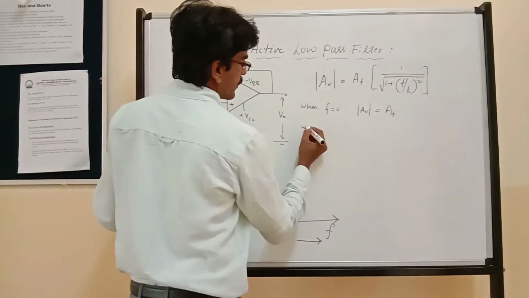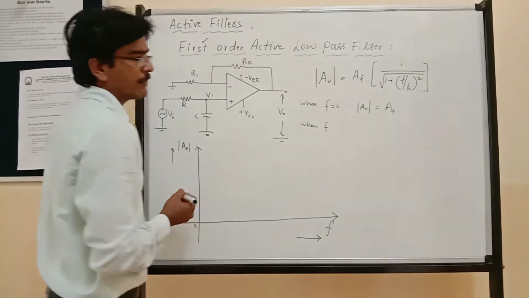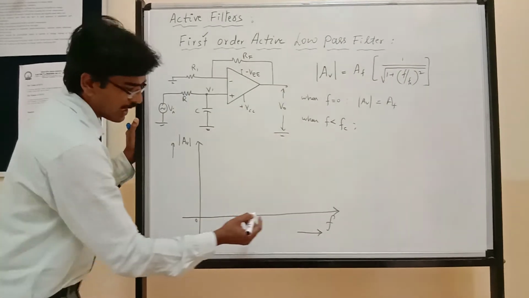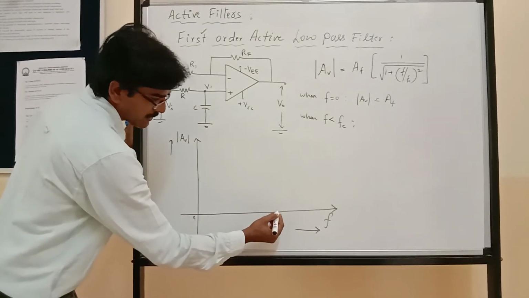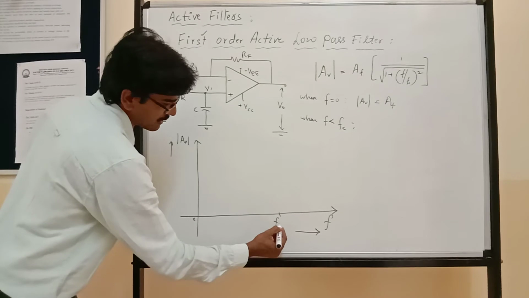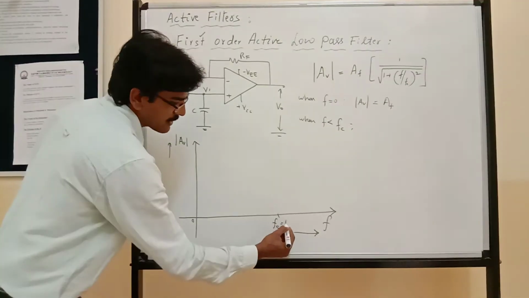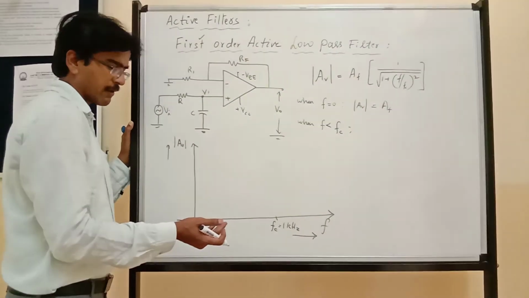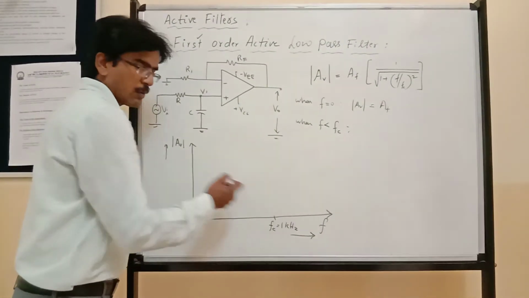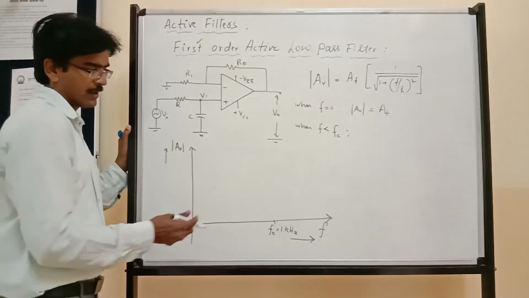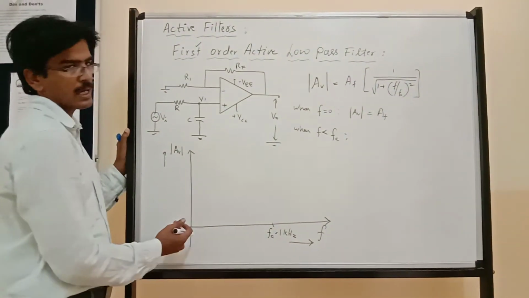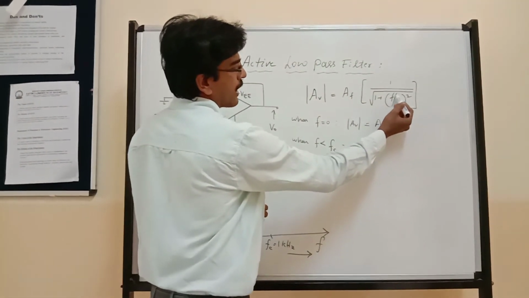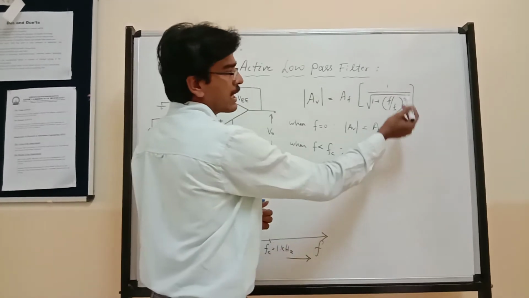Then suppose the frequency of the signal is less than the cutoff frequency. Assume that I set the cutoff frequency somewhere here. Assume that this is fc, and my fc is 1 kilohertz. I want to pass the low frequency signals only, from 0 to 1k. Let fc be 1 kilohertz. So when the frequency of the signal is less than fc, the numerator is less than the denominator, it's a fraction, and the fraction square is smaller than the fraction.